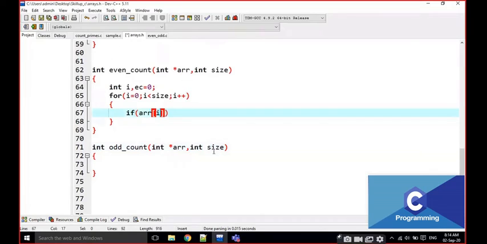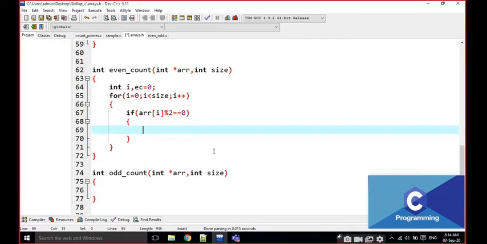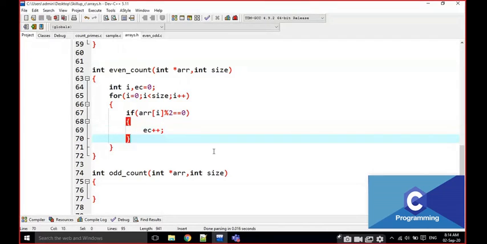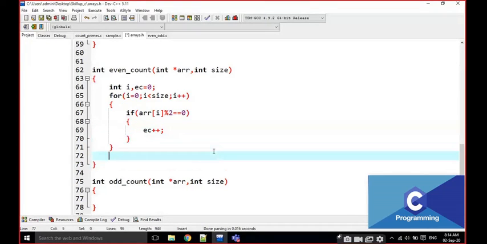I am going to write if ARR of I mod 2 is equal to 0, that means if the number is even, I am going to increment EC plus plus. Okay, that's it. Return EC.